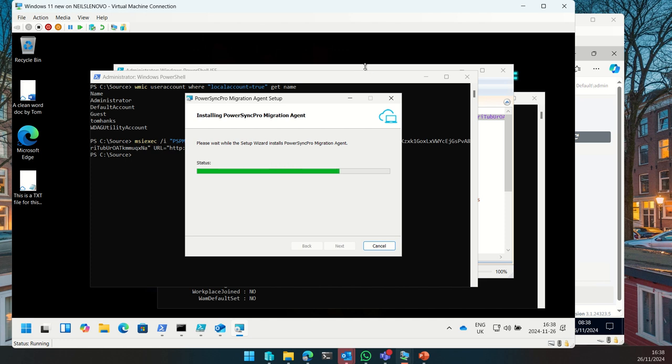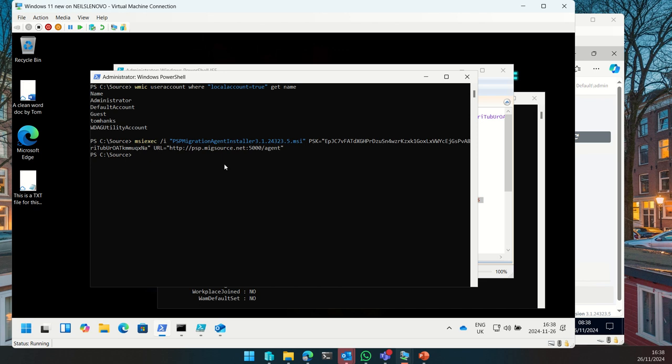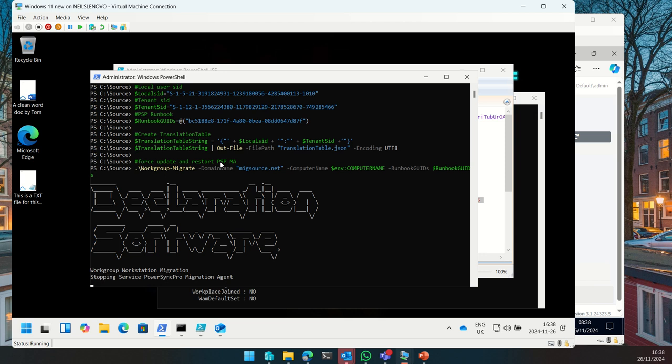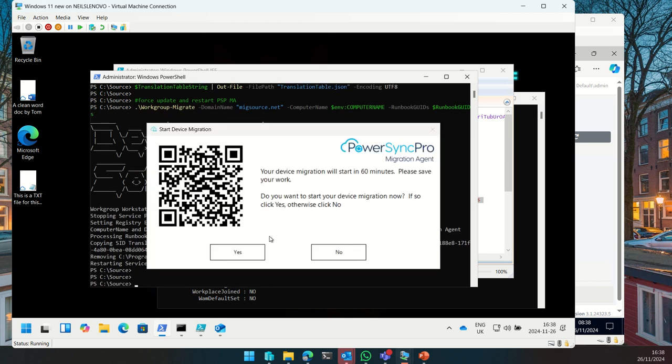Now the one nuance with this is because it's not a domain joined machine or an Entra joined machine, we do not know what the SID of the source user is. So I have to supply that to the installation. I'll just click finish and give it the translation file for it to be able to do its magic. So it's just going to restart, and hopefully the migration will start straight away now that we've provided it that